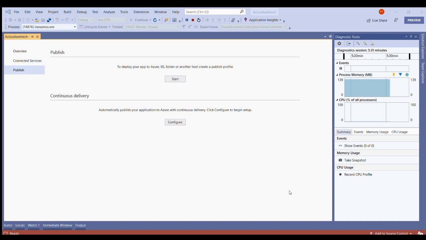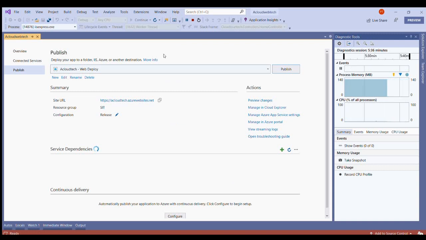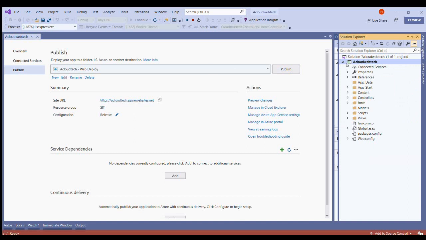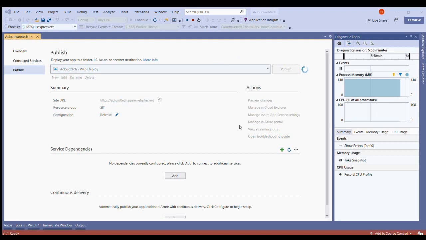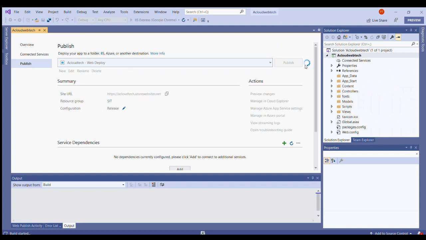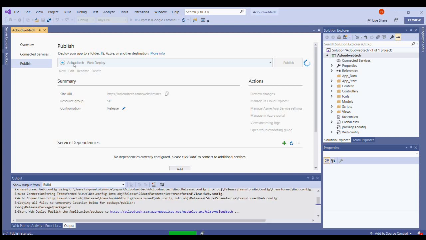I'm going to click on finish here. Then automatically the service is going to be available here. Once this is done, I'm going to publish the code. Whatever steps we did just now, an app service is going to be created for the web application. Now when we click on publish, our local code is going to be published into that respective app service. Sorry, I was in debugging mode, I stopped it. So the code which is here is being published into the app service, that is a cloud tech.